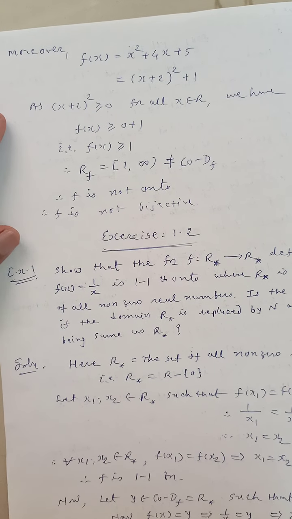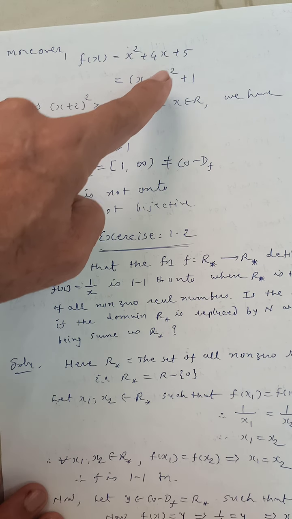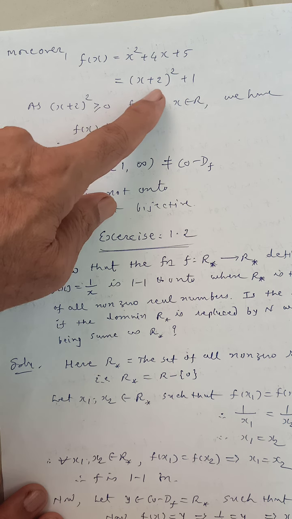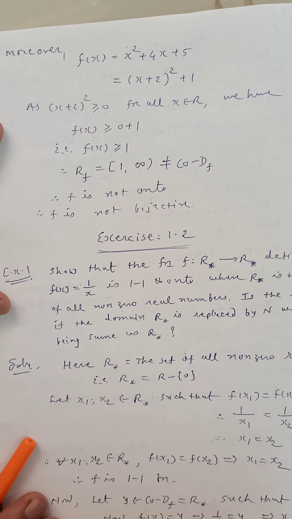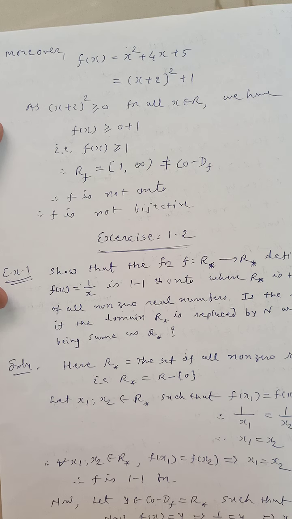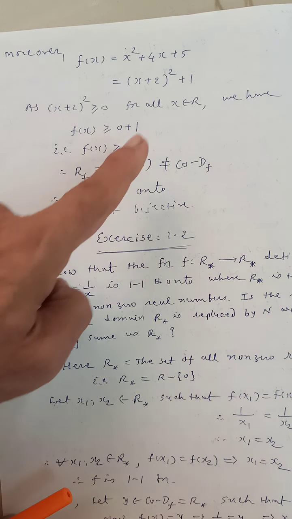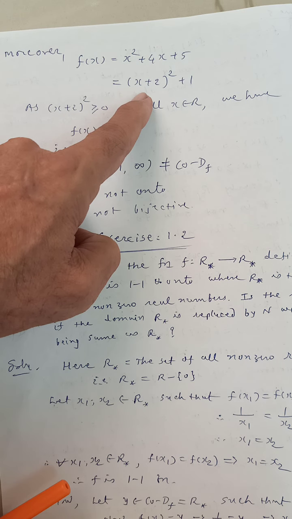Okay, now moreover, your quadratic function, look again, x square plus 4x plus 5. Can you write or not x plus 2 whole square plus 1? Think yourself. Very simple one. You split the 5 into 4 plus 1, and x square plus 4x plus 4 is a perfect square of x plus 2. So can I write x plus 2 whole square plus 1? Clearly. So now we proceed. Your x plus 2 whole square cannot be negative, that also you know. So that's why I put it in this manner.